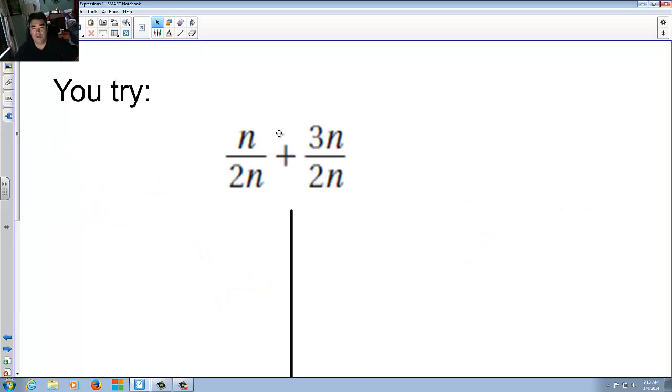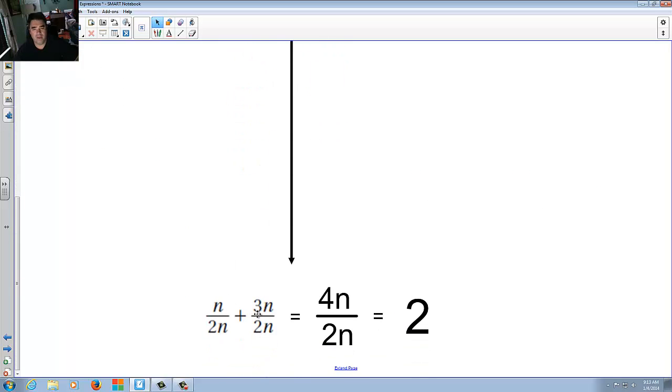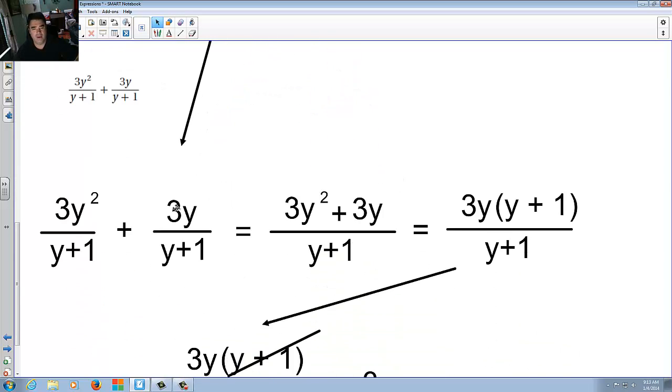You try. Go ahead. Let's see how you did. n plus 3n is 4n, divided by 2n, divide both by 2n, answer is 2. You try number 2, 3y squared over y plus 1 plus 3y over y plus 1. Go ahead this time. Let's see how you did. When I combine them, I divided 3y out of the top, leaving y plus 1 over y plus 1,